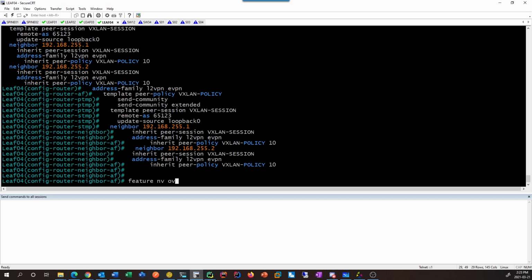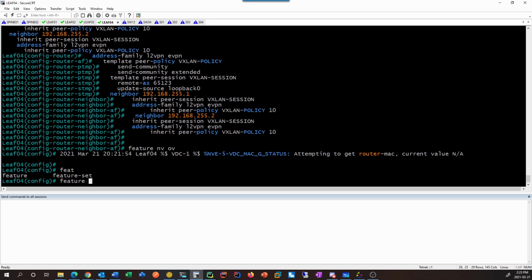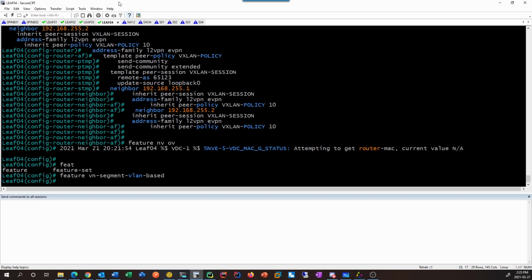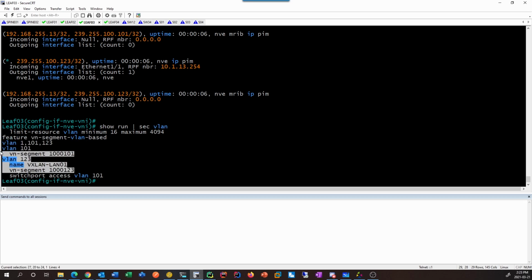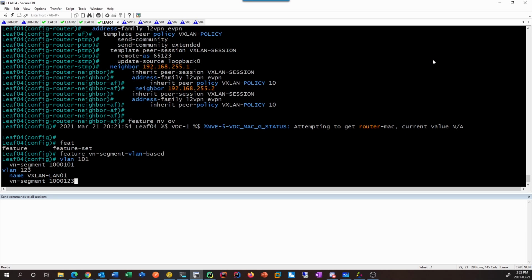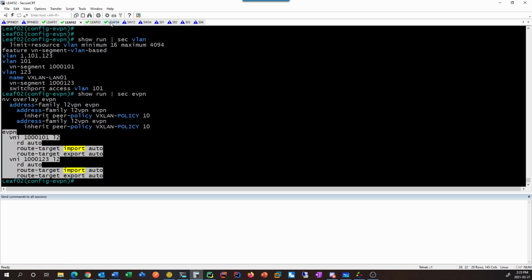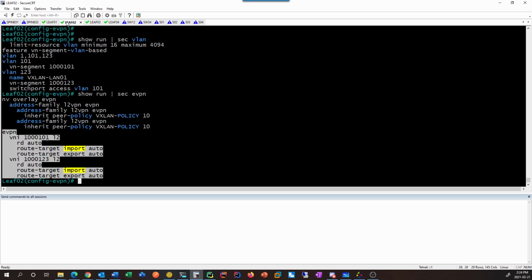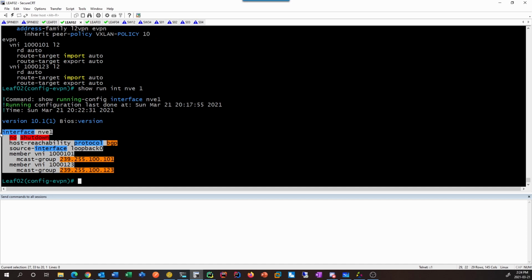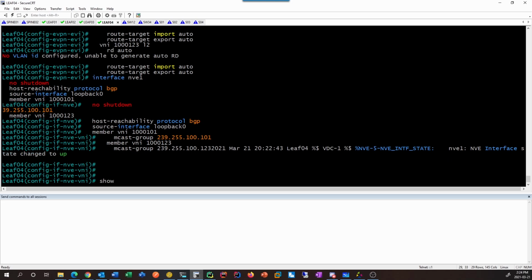Feature overlay. Grab this. Let's grab that. And let's grab. All right, so if nothing else, we should start to see